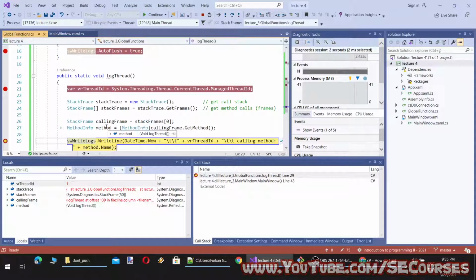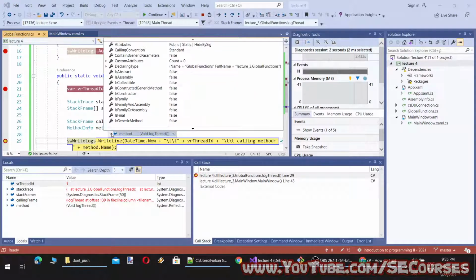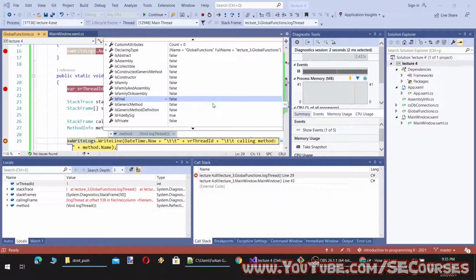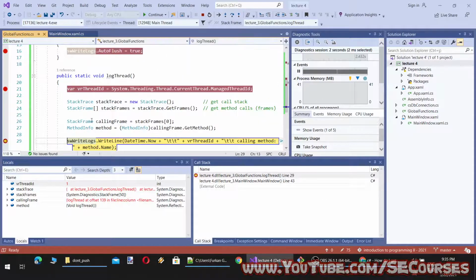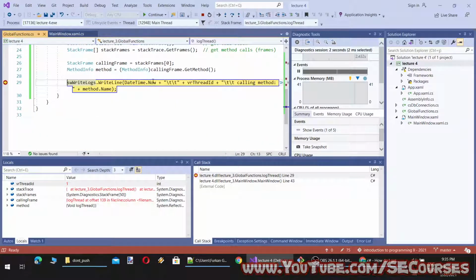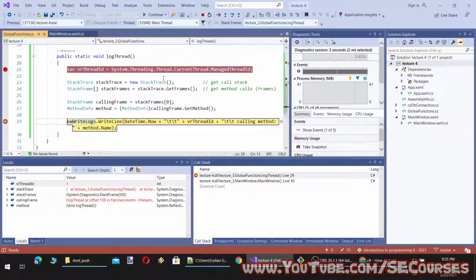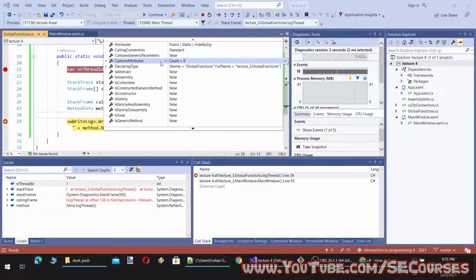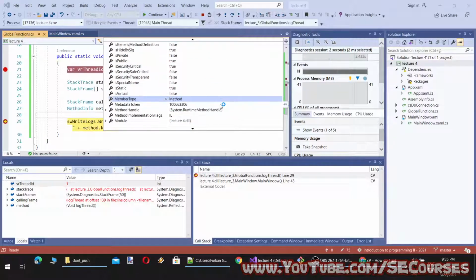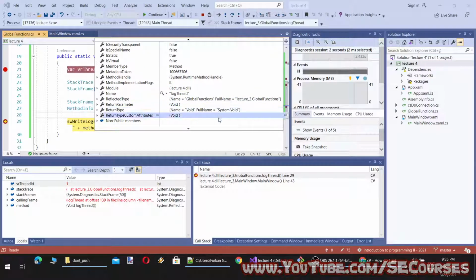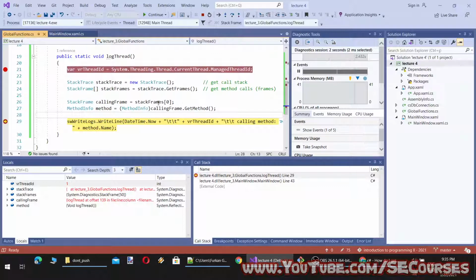Yeah, the method is log thread. Okay, so this is the method that has called our method. Oh, no, not this one actually. Yeah, log thread is the method that is being called. We need the method that called it. So we need the parent of this method call, and let's see if it is available somewhere here.